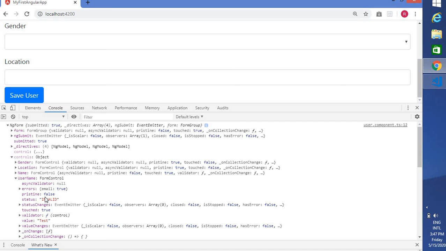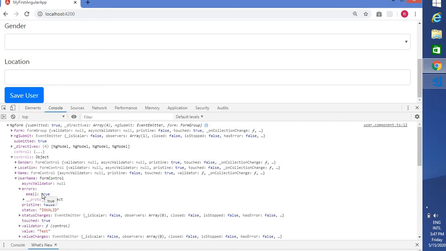Now it still shows invalid status. Why is it invalid? If you look at the errors, email is required, that's the reason it shows as invalid. So this is where you can explore how ngForm works, what the properties are, what the controls are, what the status is, and how it's validated. Everything you can identify.